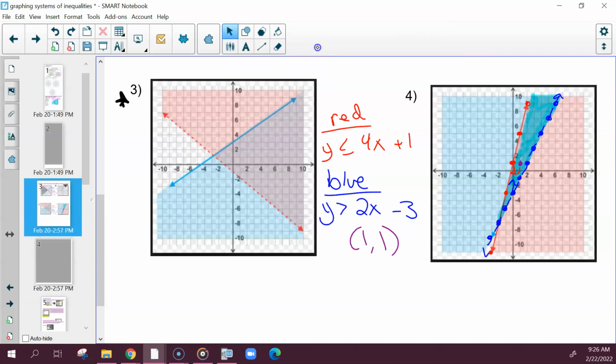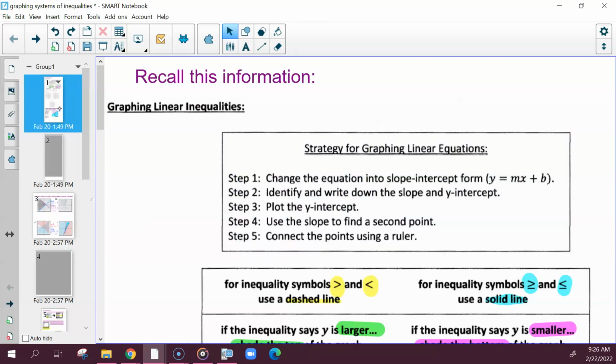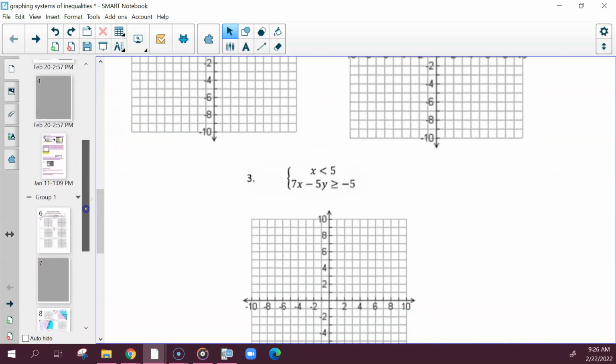Okay, so the very last thing I'm going to show you is how this would look in Desmos and in the calculator, and then you'll have time to practice. So basically, we have to look at the lines and find